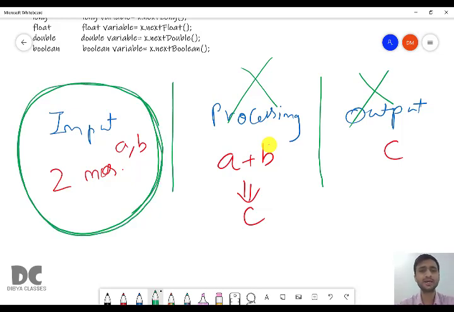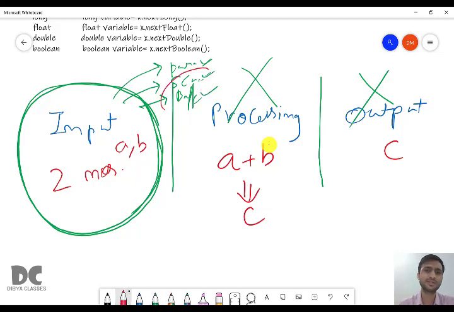The input you can do using parameter, or you can do using scanner, or you can do using buffer reader. You can choose any one of these. Any one is fine in your board exam. You can use parameter, you can use scanner, you can use buffer, but I would suggest that in board exam use scanner or buffer. Any one of these two, use scanner or buffer. So let us move forward.